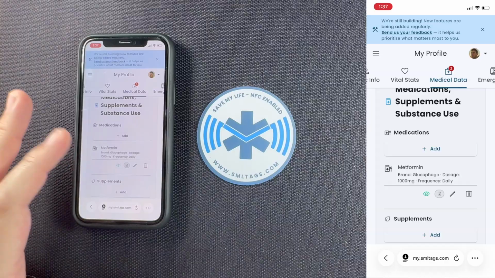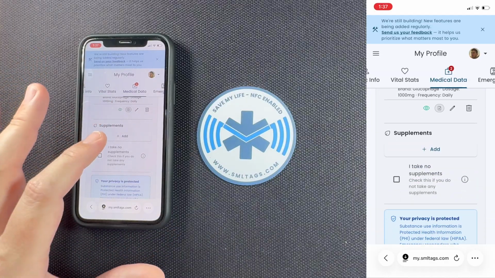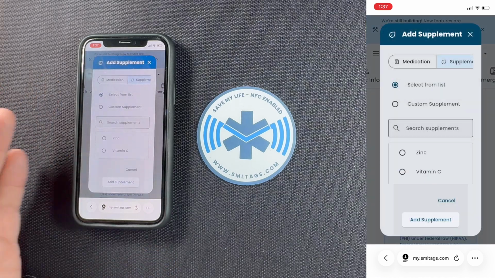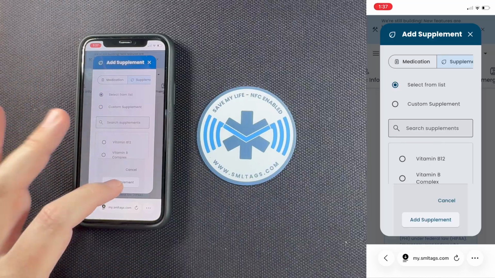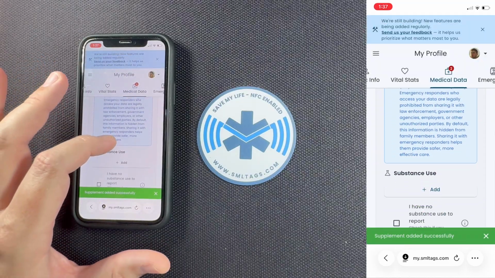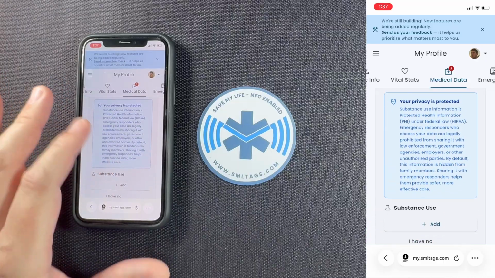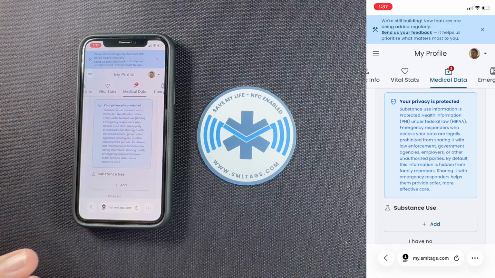All right, so we've added metformin as a medication that we take. Supplements, again, these are things like vitamins, minerals, that we'll go ahead and say we take vitamin C, and we're just gonna add that as a supplement. And then let's talk about substance use. And there is a big blue box here that has some information that you should read. But the gist of it, the most important part of it, is